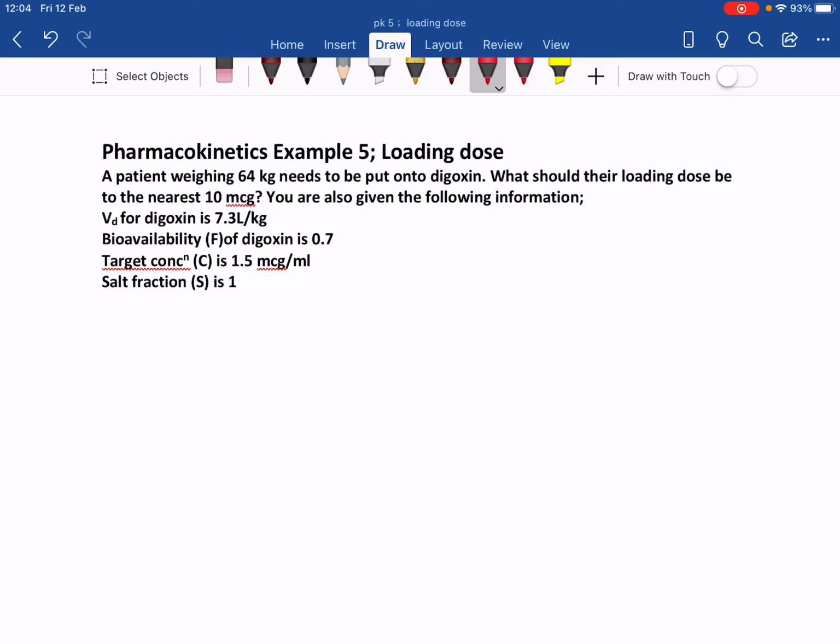Well, the reason we need these pieces of information is because we're using the following equation. The loading dose,